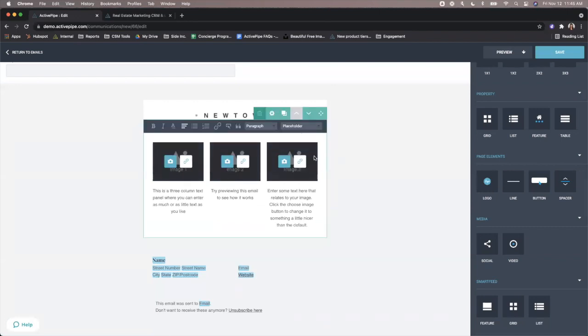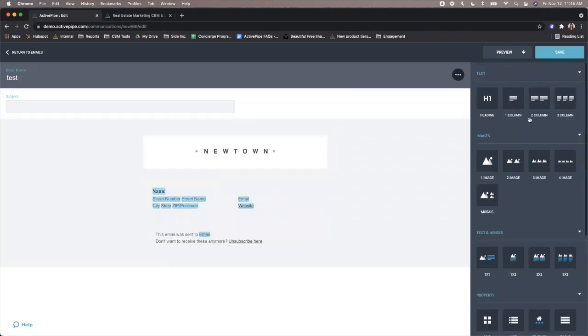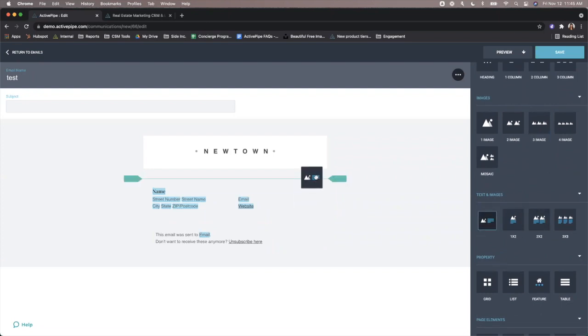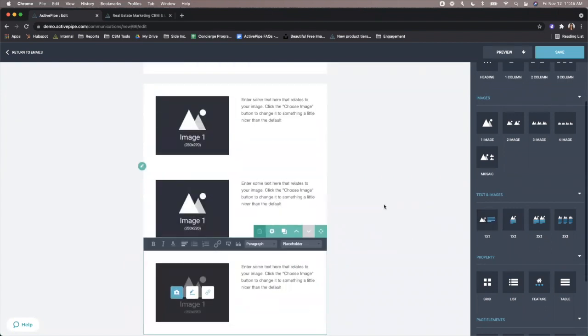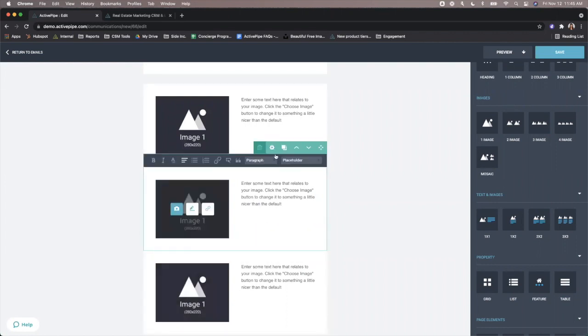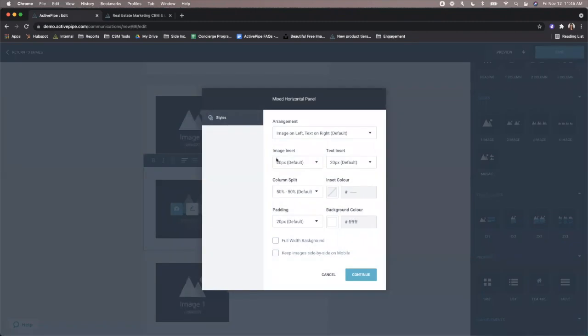Let's talk about the sending settings and what you can do. Actually, that's not true. I'm actually going to show you how we can do some fun stuff with these text panels. So say you're using this to add in some additional content. Maybe it's a blog post, maybe it is just some general information about what's going on in your area. A really neat tool within the gear icon is that we can rearrange how this is set up. So say that we wanted to have these images and text offset to be able to split